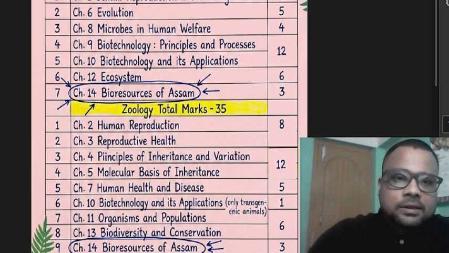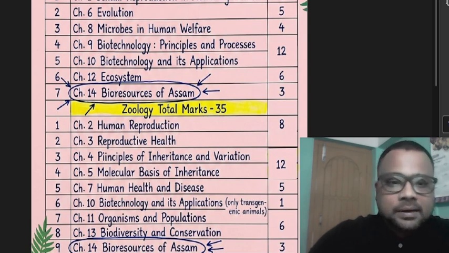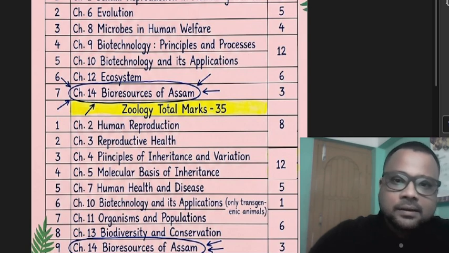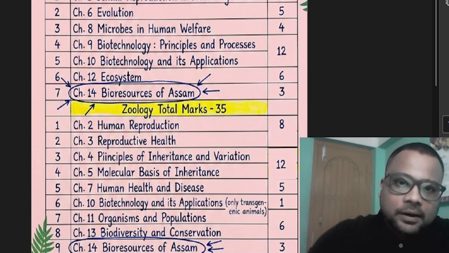So if you see, the botany section is composed of 1, 2, 3, 4, 5, 6 and 7 chapters. Similarly, in the zoology section, you have 1, 2, 3, 4, 5, 6, 7, 8, 9 chapters, right? So the botany section, as you know, covers 35 marks. Among the 35 marks, sexual reproduction in flowering plants is a very important chapter because it is going to